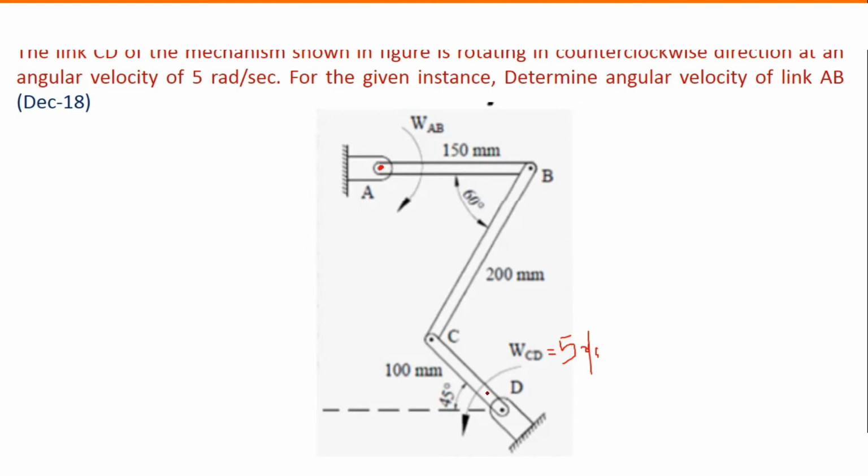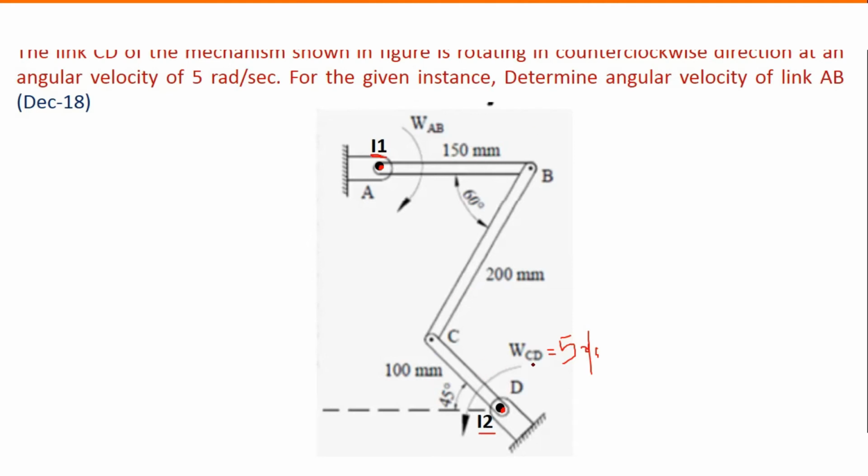Similarly, this link CD is hinged at point D. Hence, I will say that the ICR for link CD is this point D. Hence, I will write I1 as ICR for AB and I2 as ICR for CD. Now, what remains? The remaining part is this one, the ICR for link BC, because we can't find out directly what is the point with zero velocity. So I will have to find out the ICR. For ICR, what is the logic? The logic is to draw perpendiculars to the velocities. Now, how will I draw perpendiculars to velocities? First, I need to determine what is the direction of velocities at C and D.